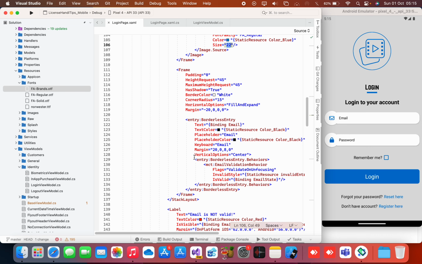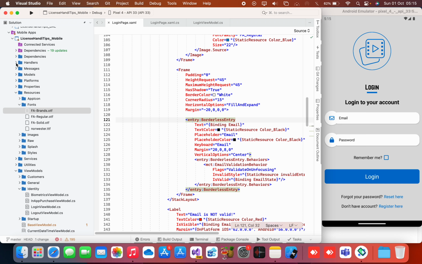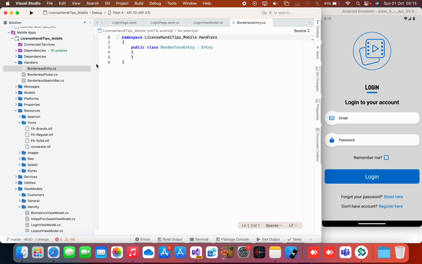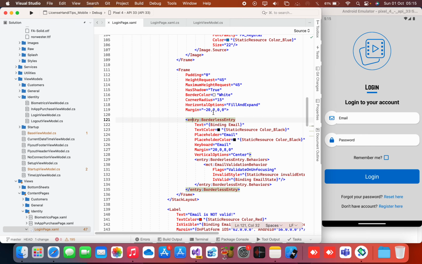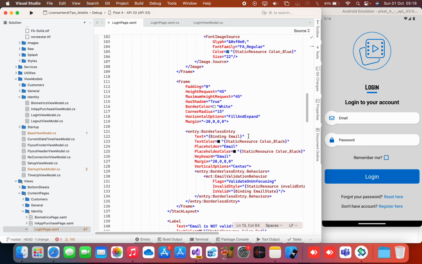Then I have another frame. The frame this time is going to have an entry, but this one is not a regular entry. That's why I wanted to do part two. Let me go to a folder called handlers. Handlers is a custom folder that I just decided to create. Inside I have a BorderlessEntry. This is just a public class called BorderlessEntry, but it inherits everything about Entry, because the default entry is terrible. This one is a custom one of mine. How do I make use of it? I just say entry, remember the namespace, there's a key. I want you to go to the handlers folder, and in there, because it's inheriting from Entry,